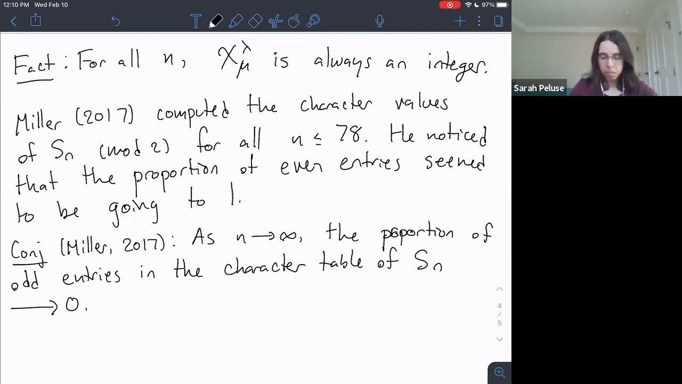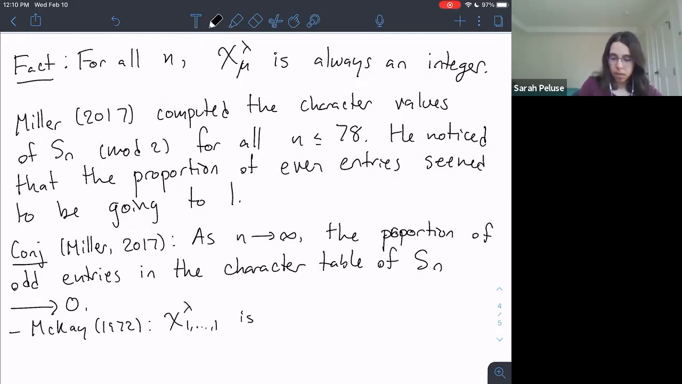So there was a tiny bit of work related to this before Alex made his conjecture. It's been known for a long time, from the work of McKay, that the degrees of irreducible representations are almost always even. So that first column of the character table is almost always even. And you can write down an exact formula for the number of characters of odd degree. And then after Alex made his conjecture, there's some partial progress towards it due to